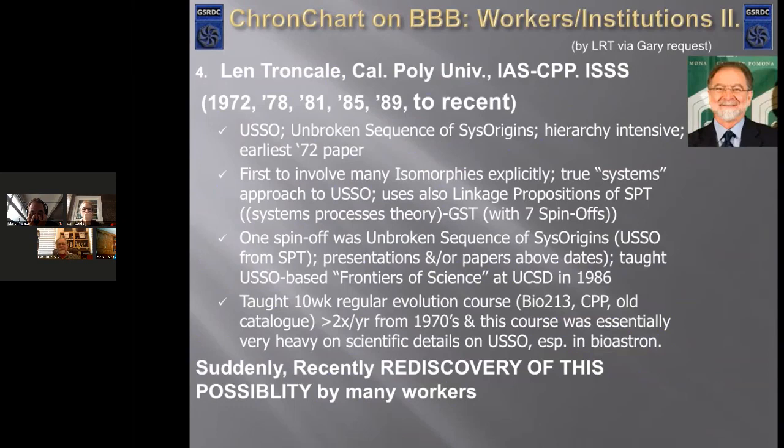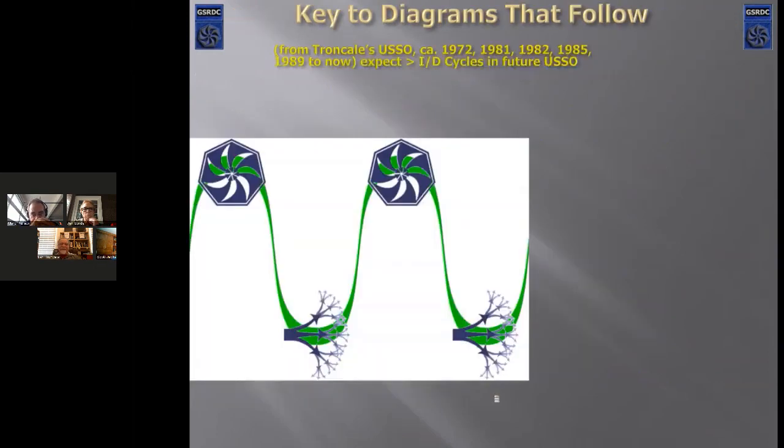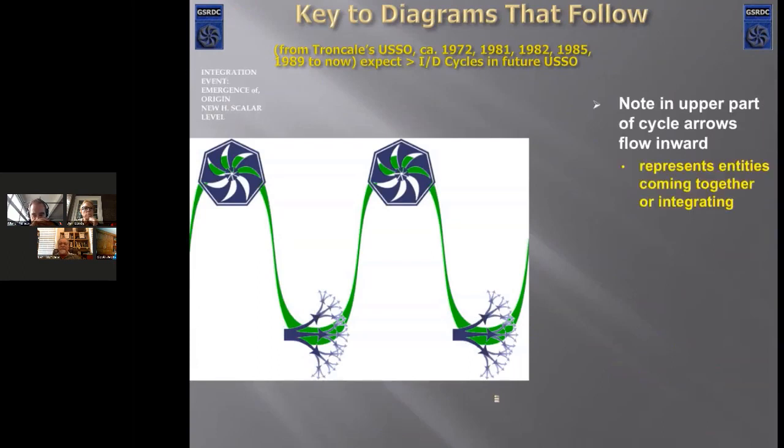Some of these people I'm after this slide, who also don't cite me, but these people are continuing with the work on the evolution and origins of things from the beginning. So suddenly there's recently a rediscovery of this by many workers, and some of them completely ignore my integration, diversification cycles that go from the Big Bang all the way to the present. And that includes a lot of cases of the origins of life, too. So it goes and looks at unbroken